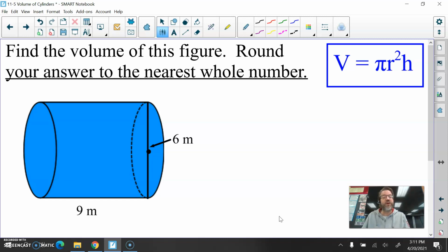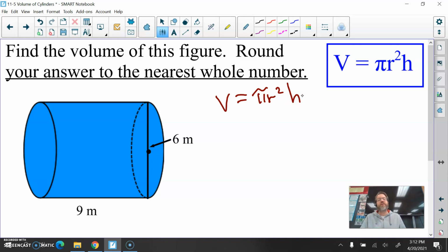Okay, so anyway, volume. I'm going to write the formula down. Mr. Wyatt, the formula's already shown up here. Yeah, it is, but I'm going to rewrite it anyway. There's a better chance I'll memorize the formula then. Although you probably could recreate the formula by remembering we're just finding the area of the base, pi r squared, times the height. Okay, by the way, this 9, let me finish writing the formula. Volume equals pi r squared